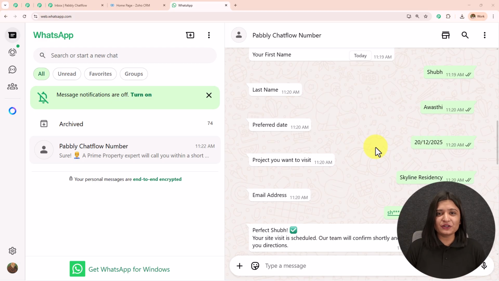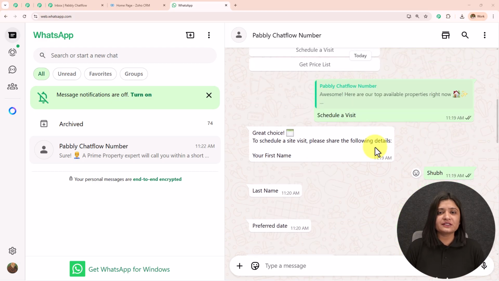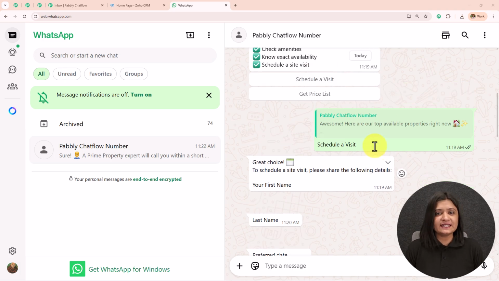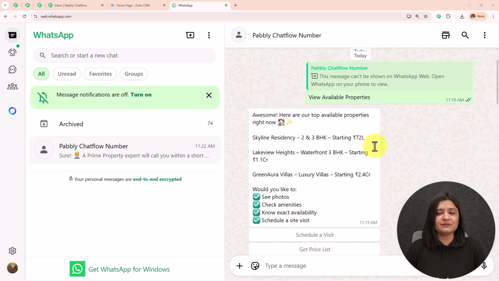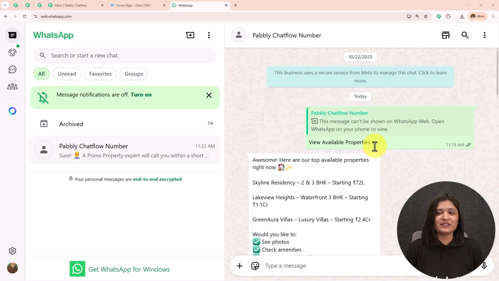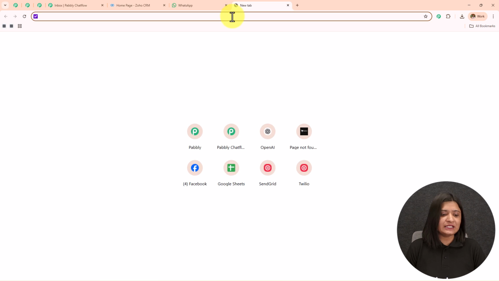So here in this video, we are going to see how we can automate the real estate WhatsApp conversation, collect the lead details and add or create a lead in my Zoho CRM. And for this, we are going to create this flow using Pabbly ChatFlow. To visit Pabbly ChatFlow, you simply need to write